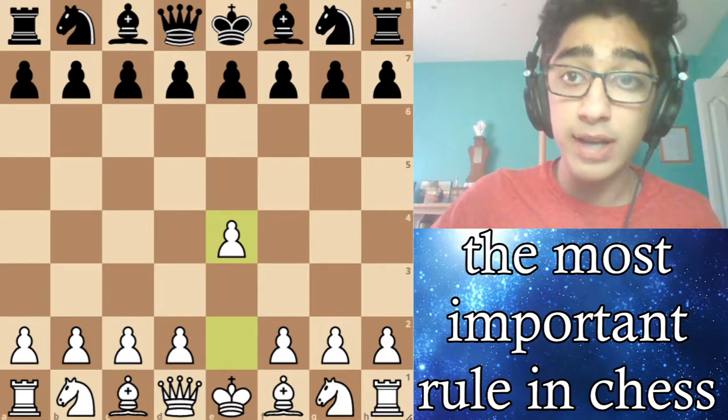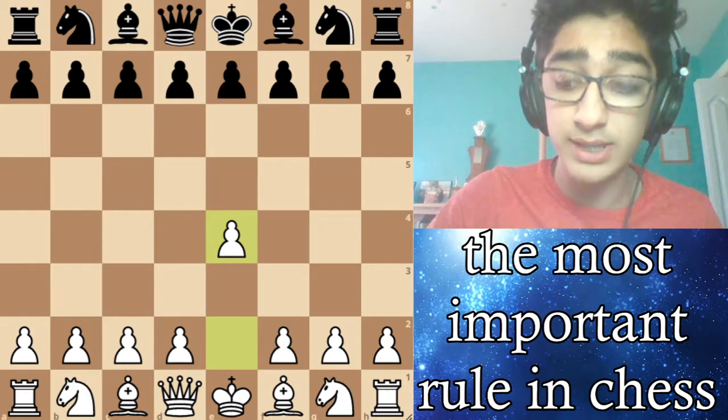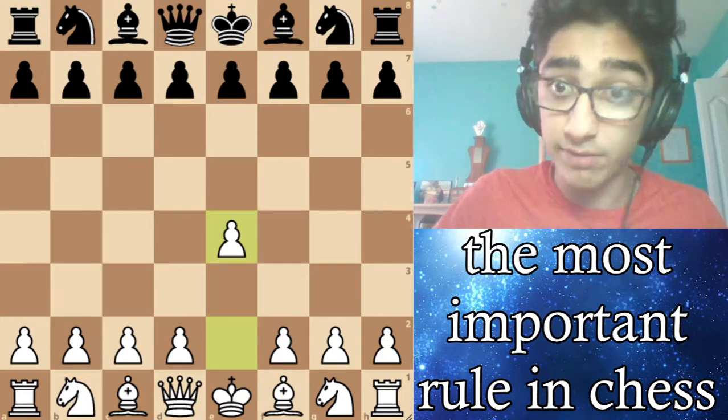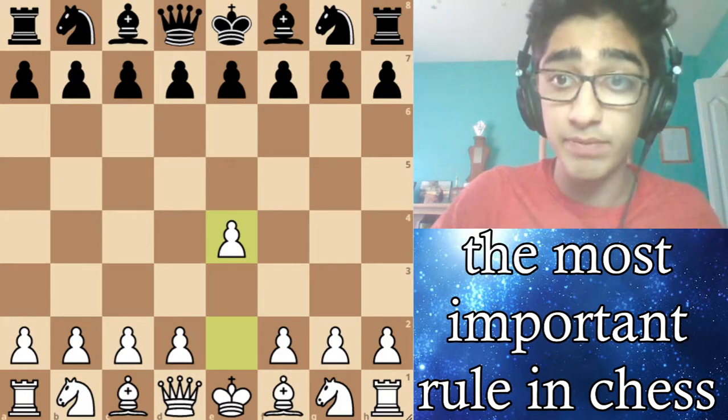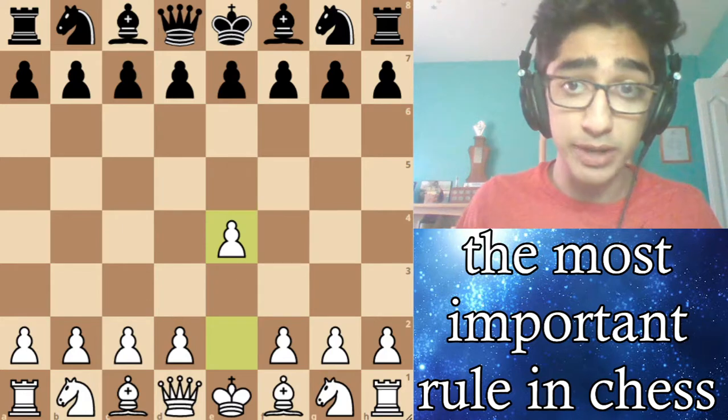Or are any of my opponent's pieces hanging? For example, if your opponent's last move hung a piece, then you should always check a few times just to make sure it hung a piece. And if they did hang a piece, you should take the piece. And the faster you get at this, I believe the better a chess player you will become, which is why